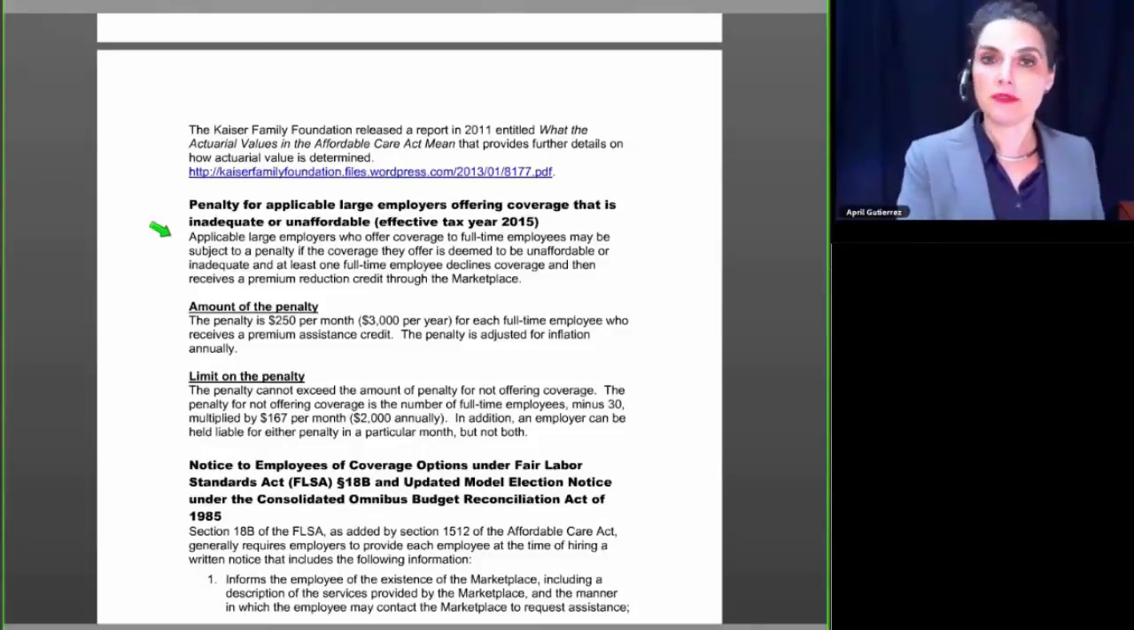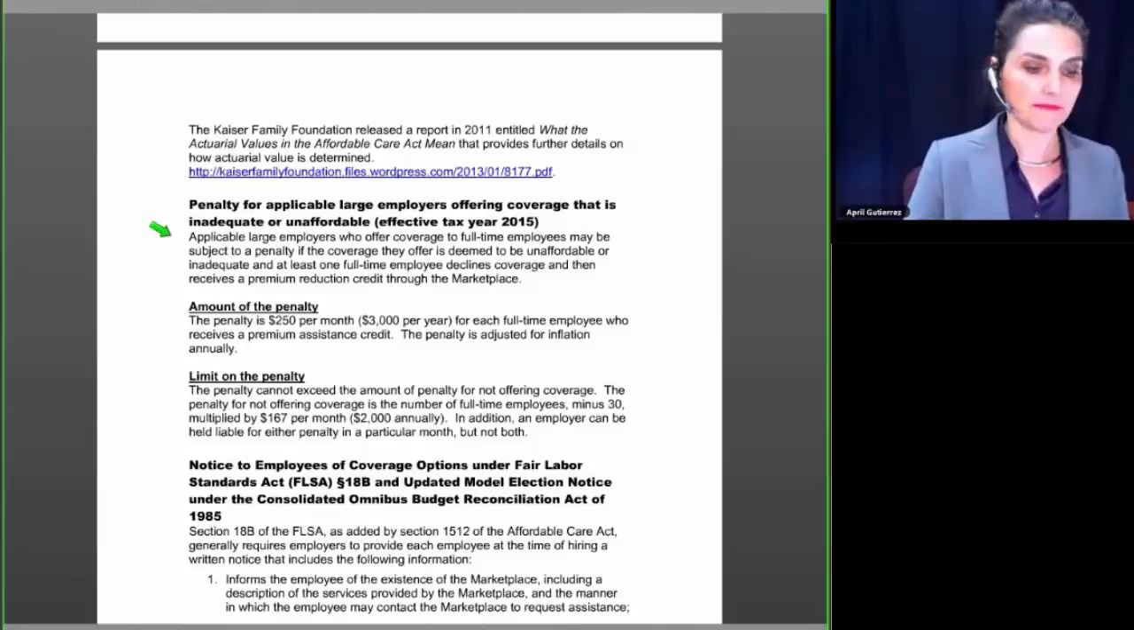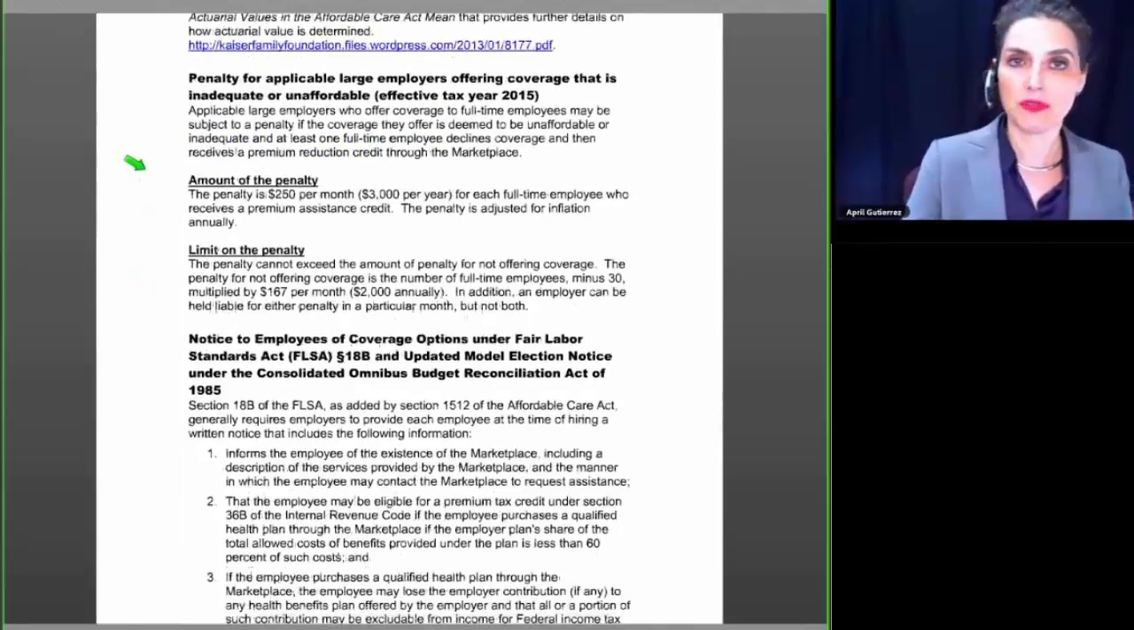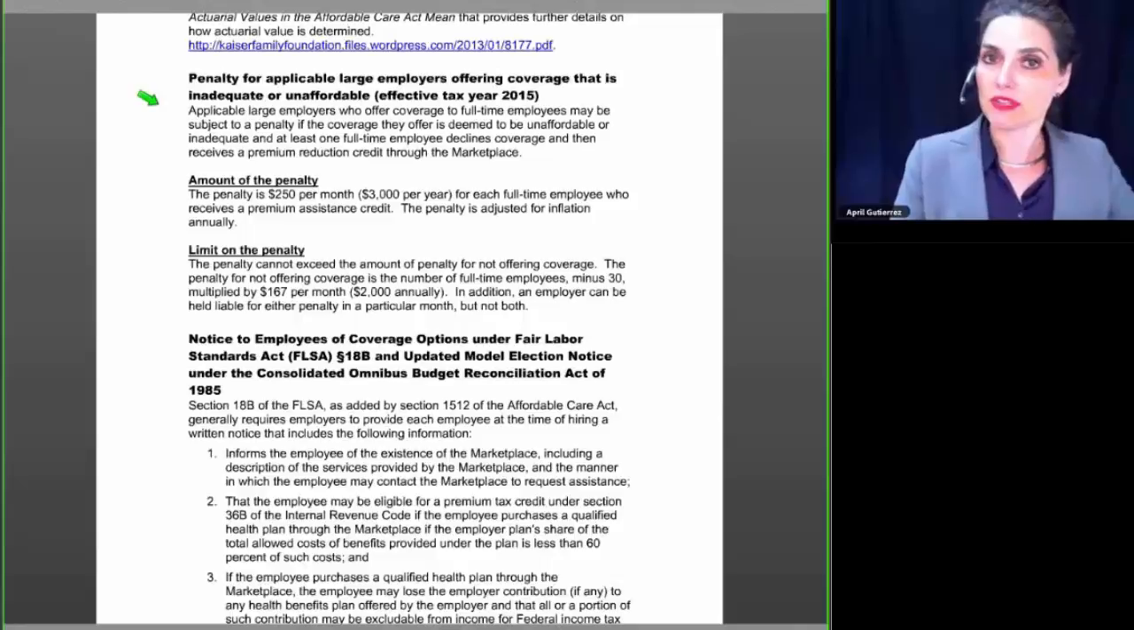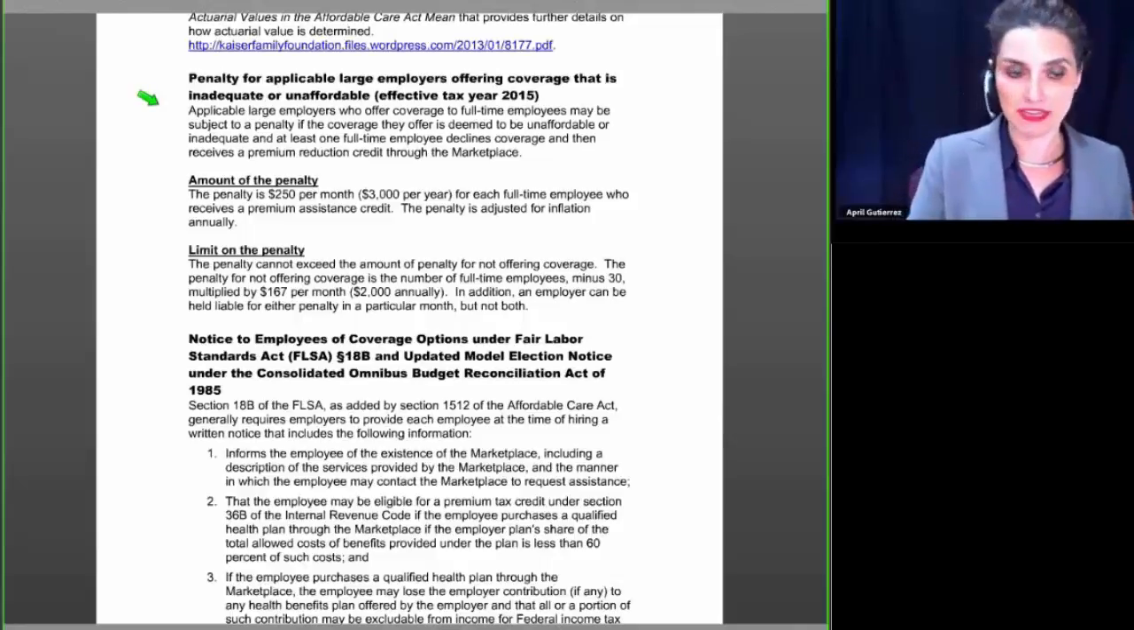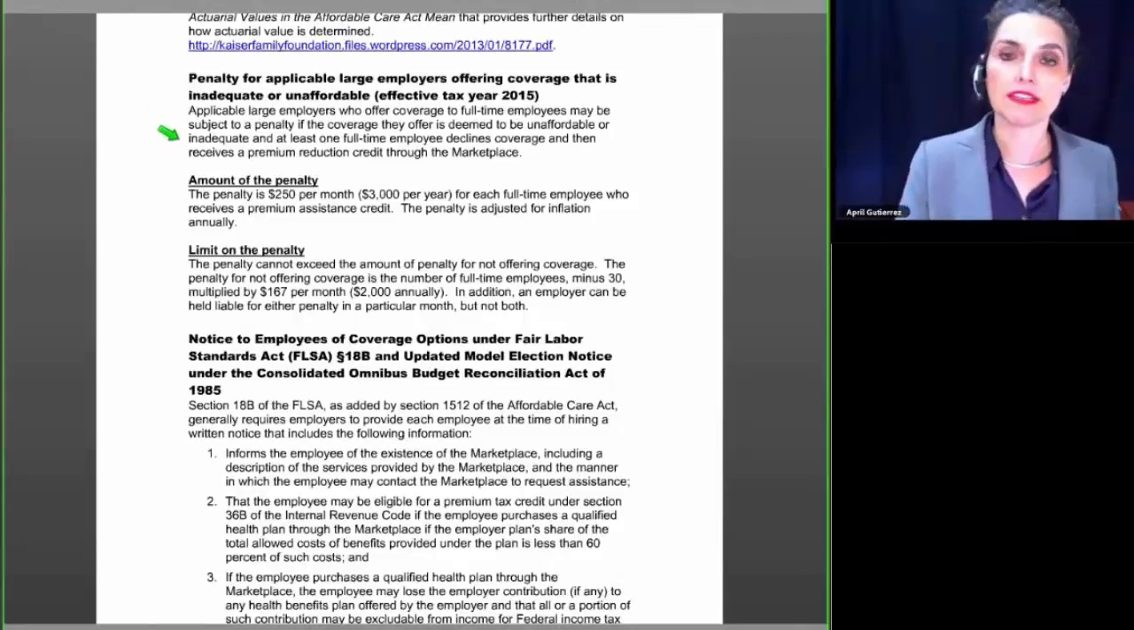If they don't, then the employer has to pay a penalty. So how do we figure out what that penalty is? Well, the penalty for applicable large employers offering coverage that is inadequate or is unaffordable, so inadequate means it wouldn't meet the criteria of one of those plans, or it's unaffordable because it exceeds 9.5% of income, then we run